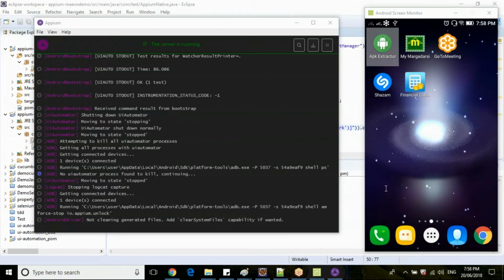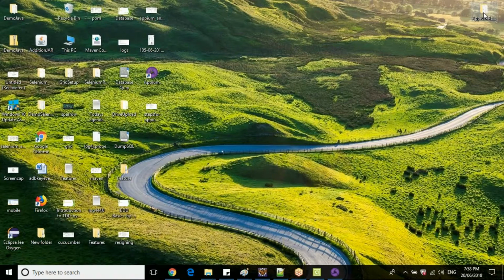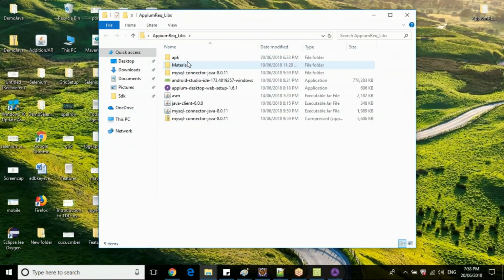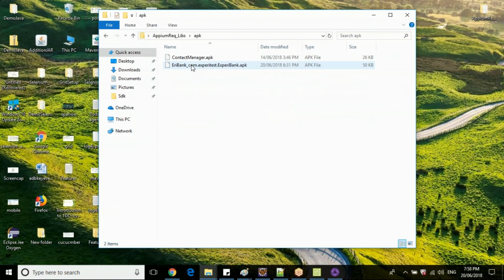Do you want me to show for any other application, guys? Yeah, I have a sample application APK here. I have one for AnyBank. So let us install this one and quickly do login here.